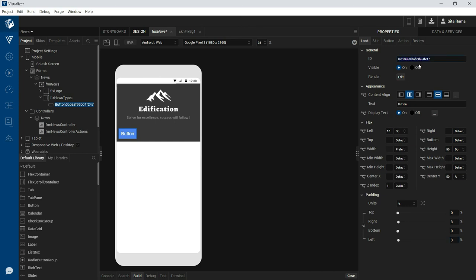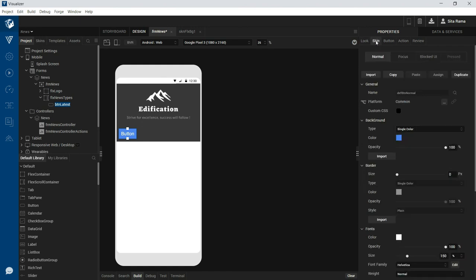Let's give a proper ID for this button. And let's change the skin, the normal skin for this button. And let's also change the focused skin for this button.